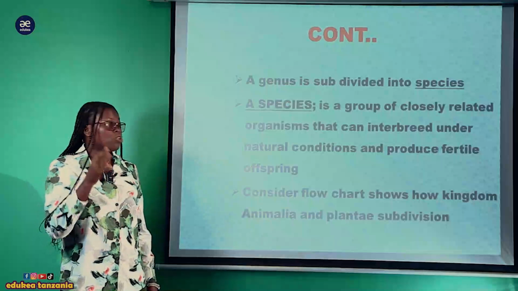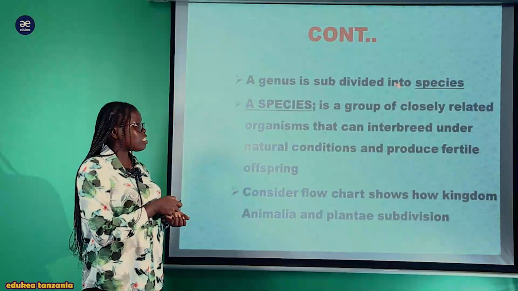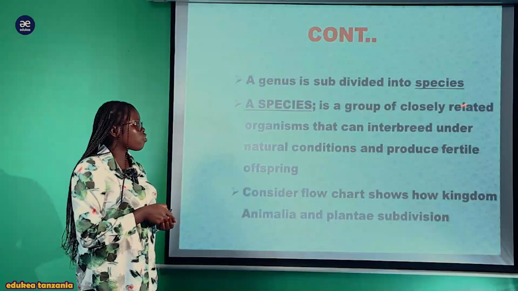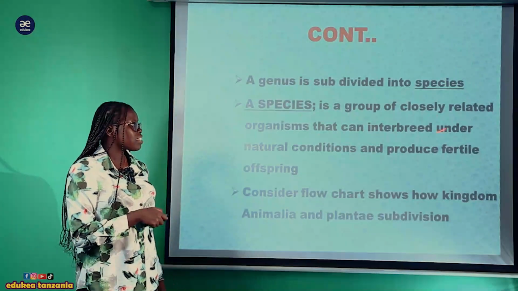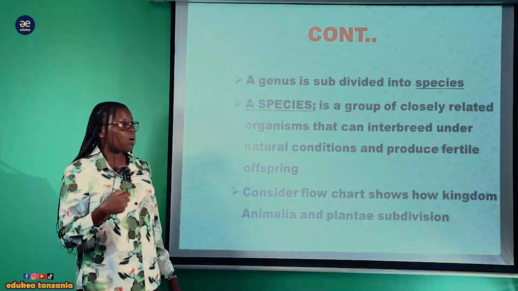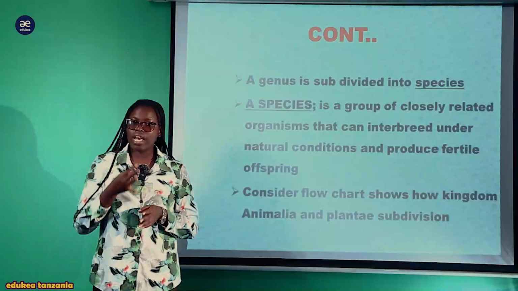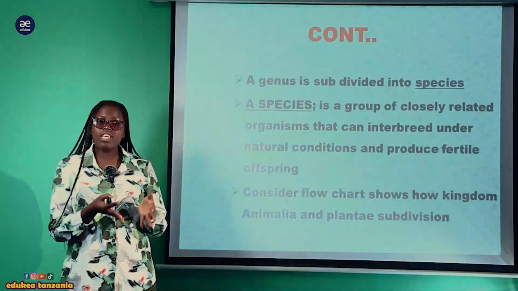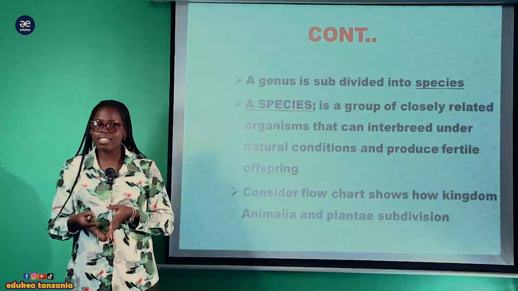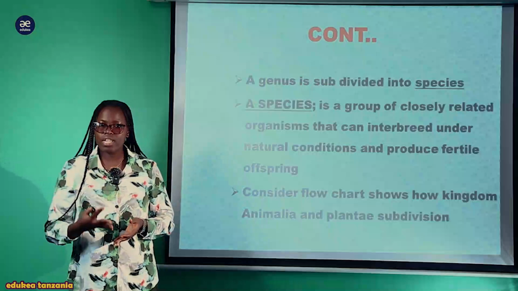Also, the species. What is a species now? Species is a group of closely related organisms that can interbreed under natural conditions and produce a fertile offspring. Within the species, classification mostly occurs at the species level. Why? Within the species level you get organisms which are genetically related, and therefore, if they are genetically related, they can interbreed and produce a fertile offspring for further